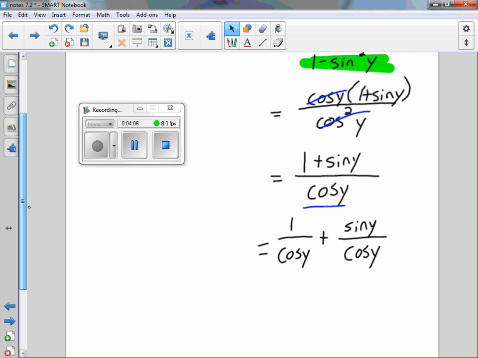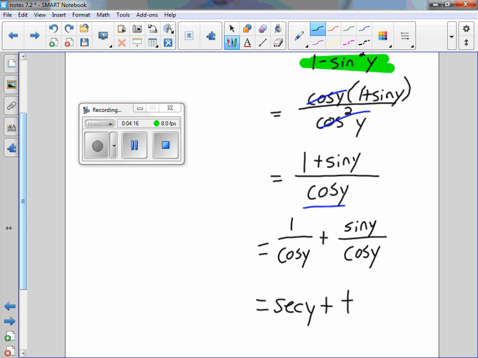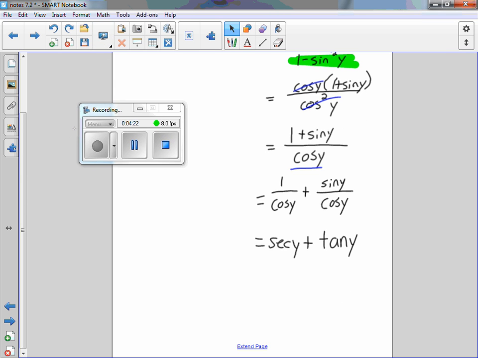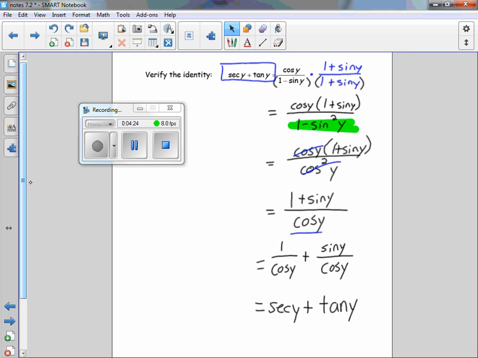And that's where the magic happens. Well, that's 1 over cosine y. Secant. And what's sine over cosine? Tangent. Which is exactly what we need. So that